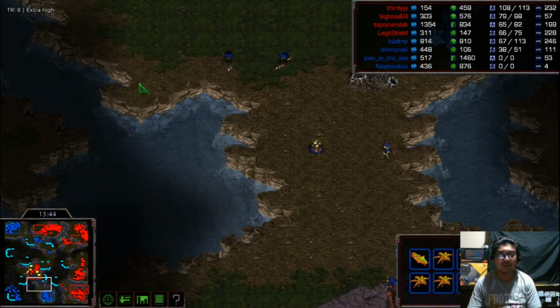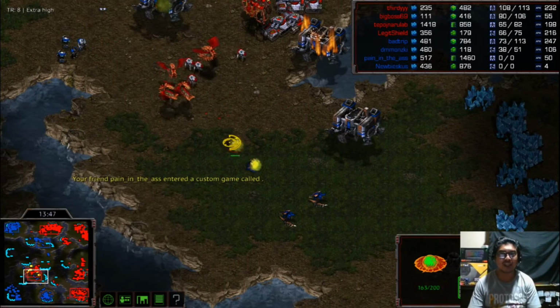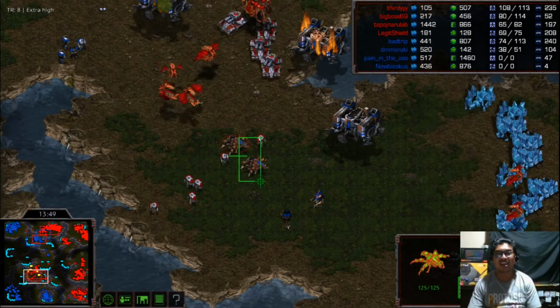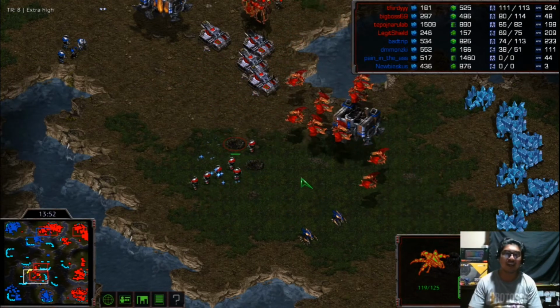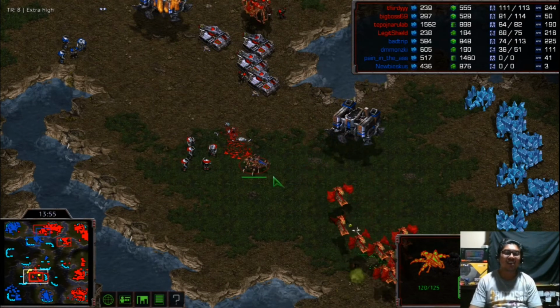Demonsky be able to defend, hopefully, morphing lurker eggs? Will they be in time? Yes, they will, but unfortunately, Scan is getting fired up here. So even if the lurker,